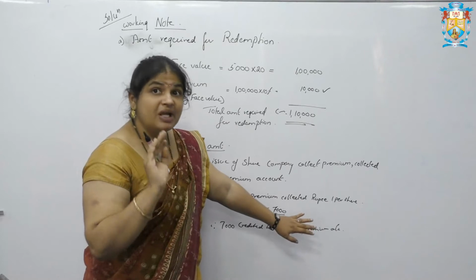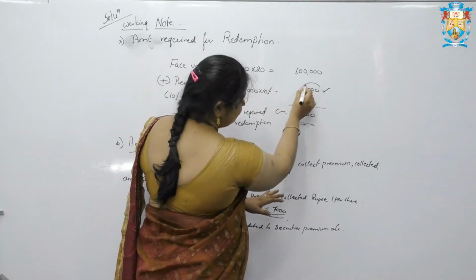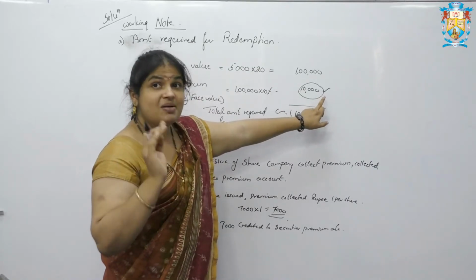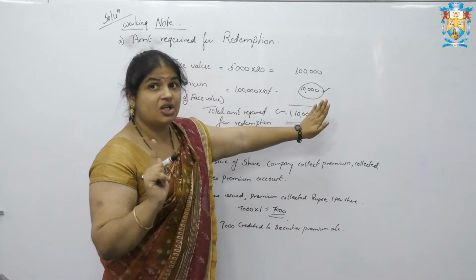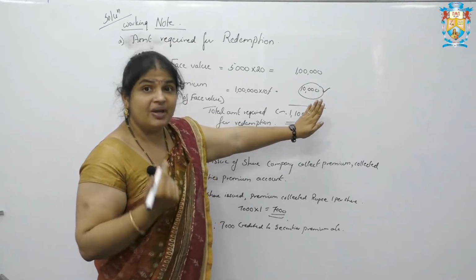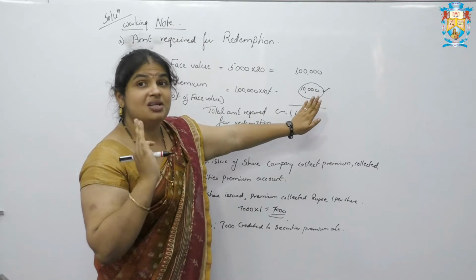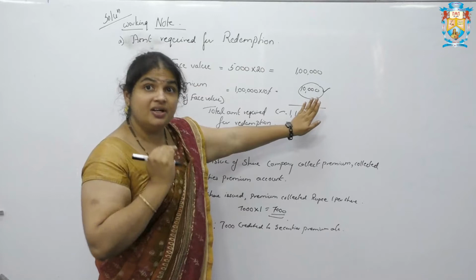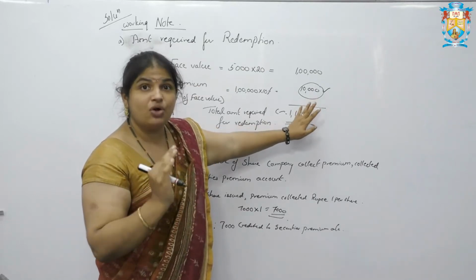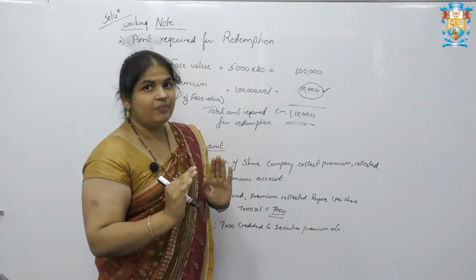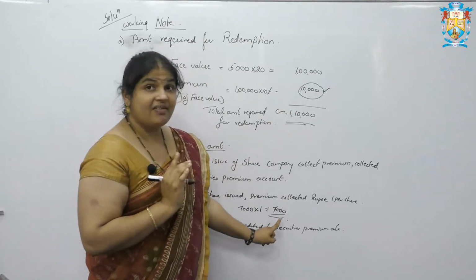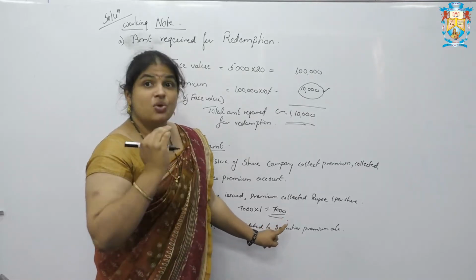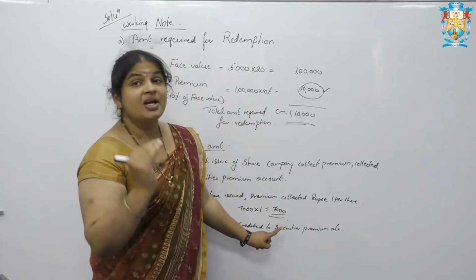To the securities premium account. So according to the arrangement, what is the total premium required? 10,000 is required. So what is the money arranged? 7,000 is arranged from the securities premium account. So what about the remaining amount? Remaining 3,000. This 3,000 is not arranged from an external source, so I have to arrange it internally. That is nothing but I have to withdraw the money from the profit and loss account. So out of 10,000, 7,000 I have arranged at the time of fresh issue, that is external arrangement for the purpose of premium. So remaining 3,000 I have arranged from an internal source.